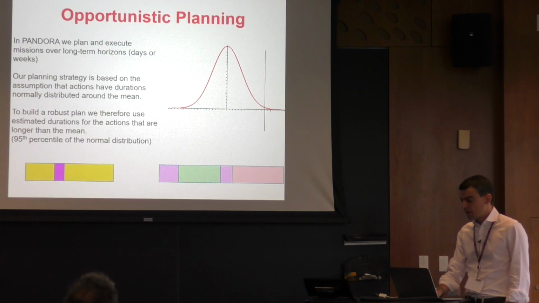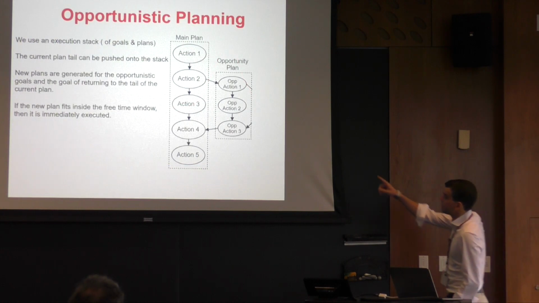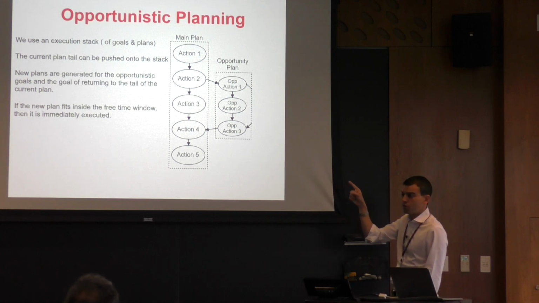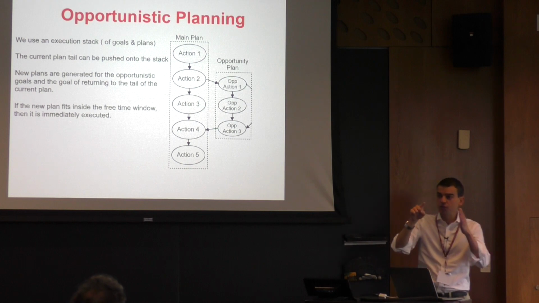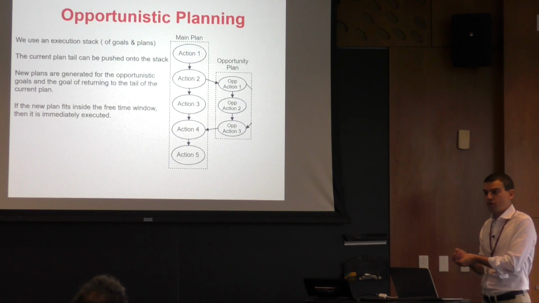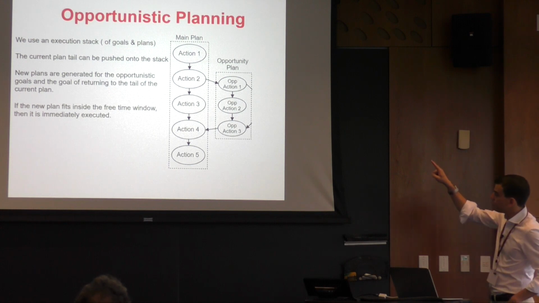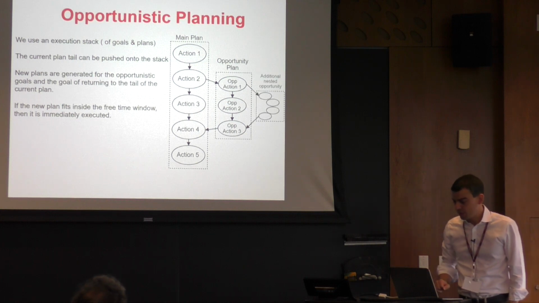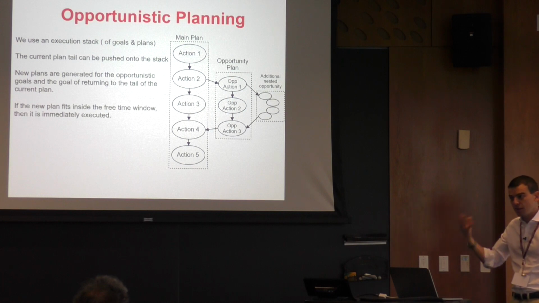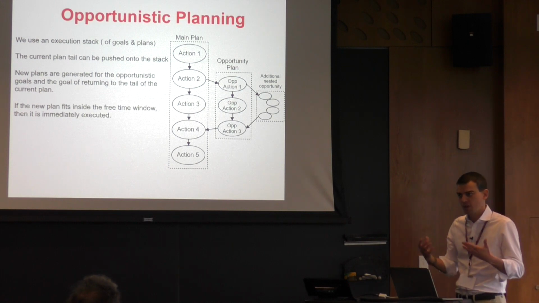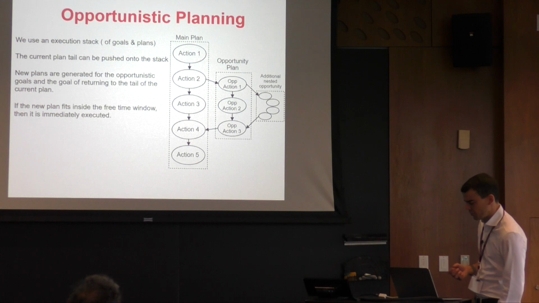Okay, so the opportunity looks like that. You have the initial plan, the main plan, but then it happens that after executing action 1, you spot the opportunity, and then you can decide to deviate from the original plan to exploit the opportunity, for example, to follow the chain, and then at the end of the opportunity plan, get back to the main plan. Okay, and this process can also iterate and have opportunities within opportunities, because remember that we are talking about missions of many days or even weeks, so there is also room for discovering a lot of opportunities.